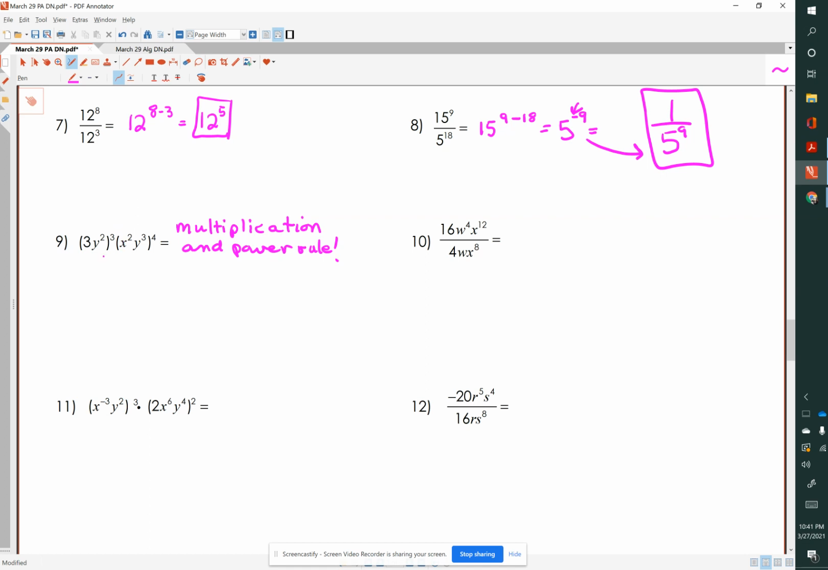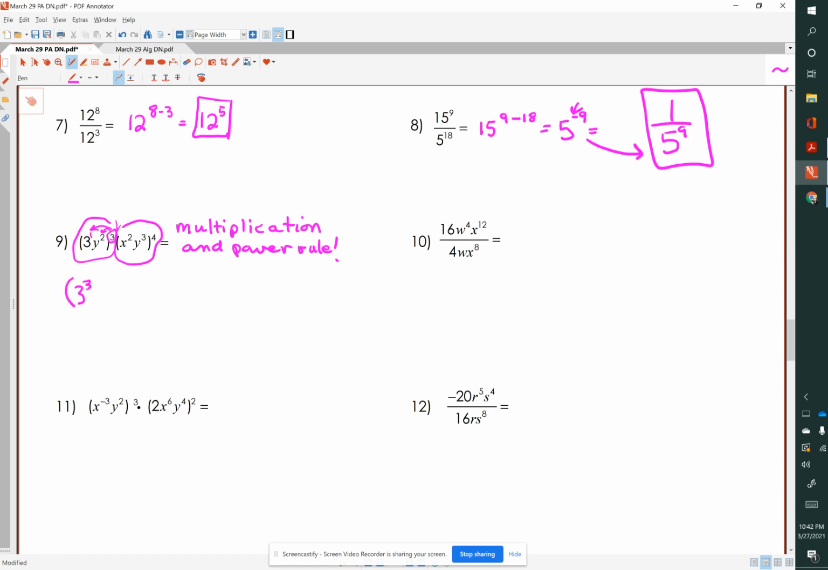So let's start. We have two terms here. We have this term being multiplied by this term. So we have to raise each term according to the power rule. Now note we have an invisible 1 here. So we're going to take this exponent of 3, multiply it by the 1 and by the 2. So that would be